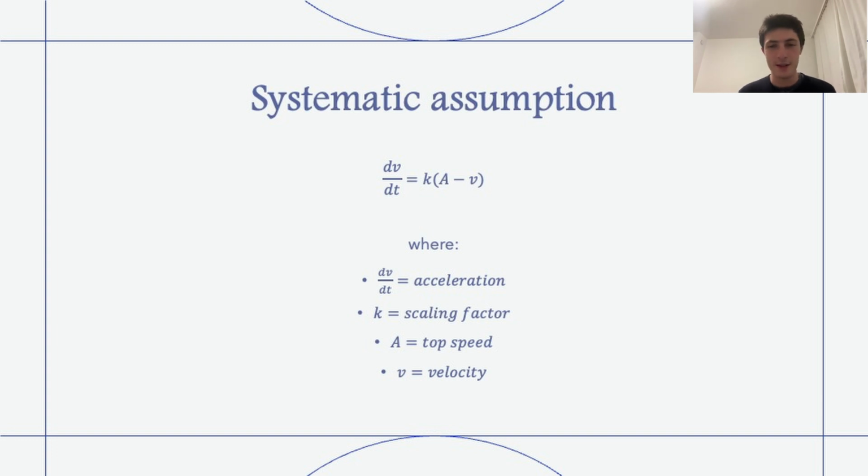So this differential equation is a systematic assumption to the acceleration curve of a car. So the simplest case for a smooth acceleration of a car is given by this